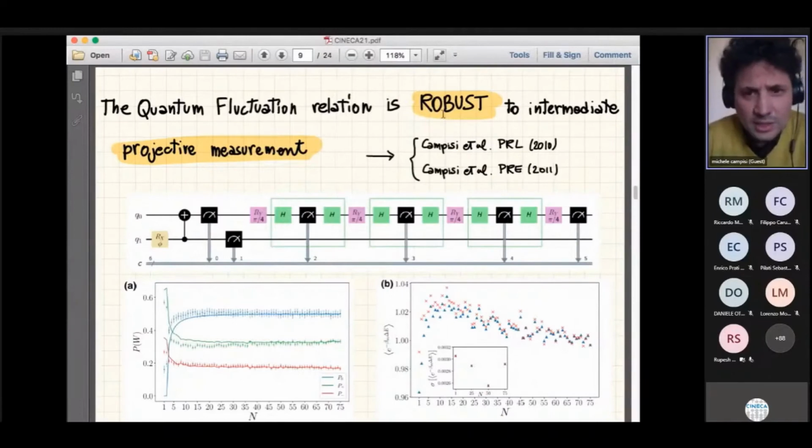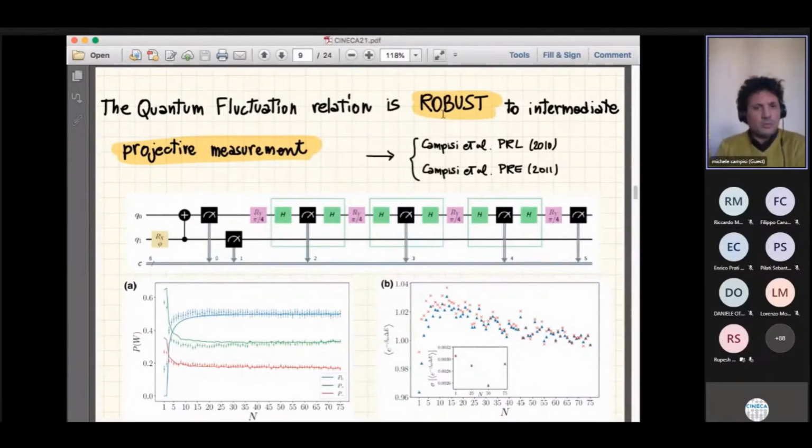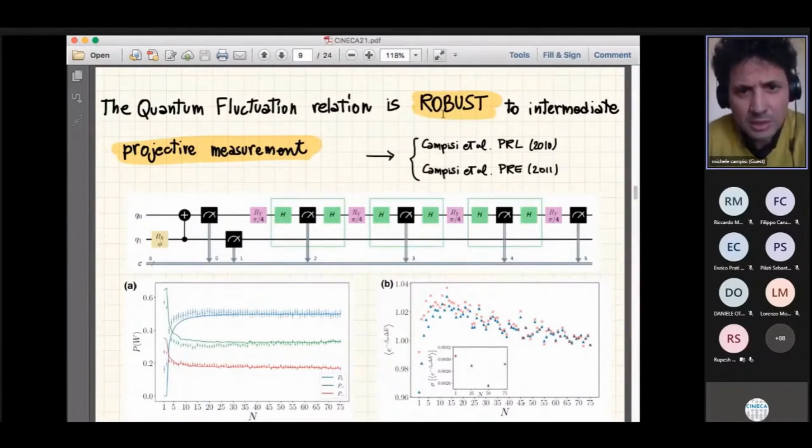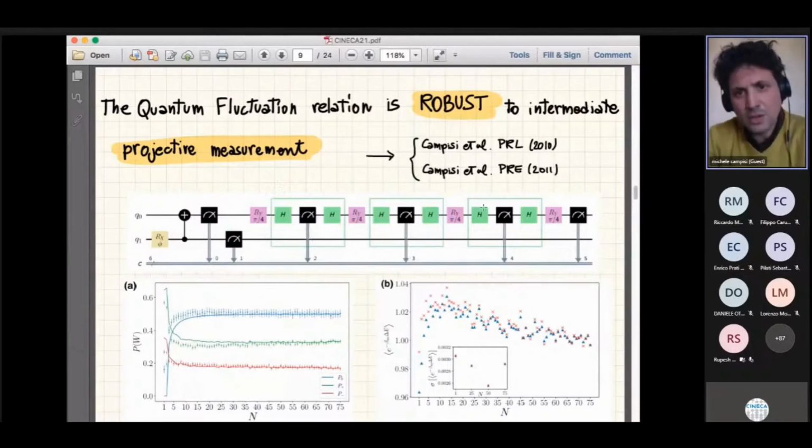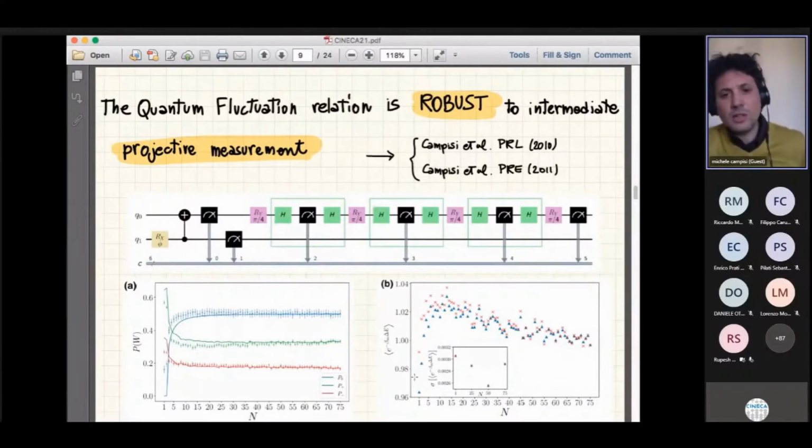Basically, no one addressed this problem from the experimental point of view. For 10 years, there has been no experiment checking on this. And we implemented it on the IBM Q using the possibility now, which is very recent, to perform intermediate measurement. And we actually checked that the Jarzynski equality is in fact obeyed even in presence of these very invasive